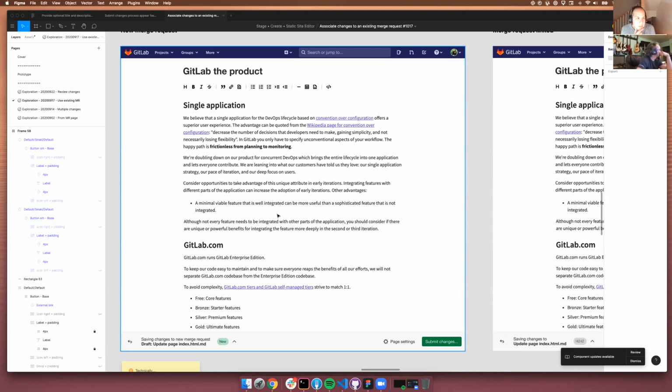So this is taking the static site editor into the multi-page world. So here with the static site editor, I entered it, and now I want to say, you know what, I don't want to create a new merge request for this. I just want to associate this change to one of my existing merge requests that I already have on the fly,